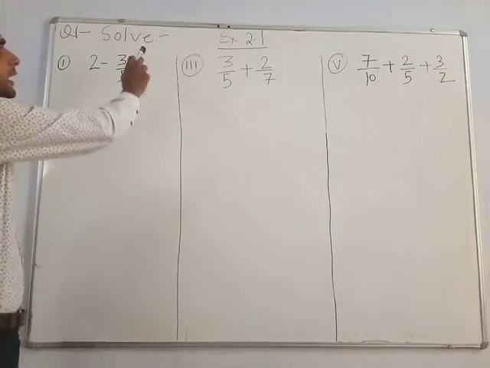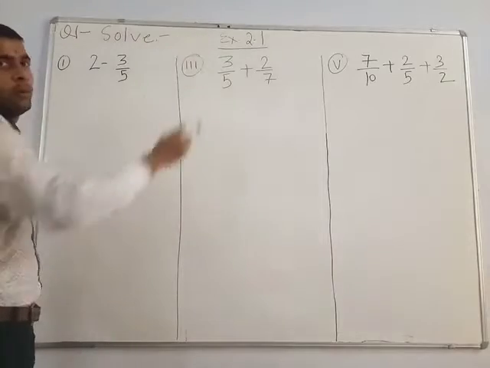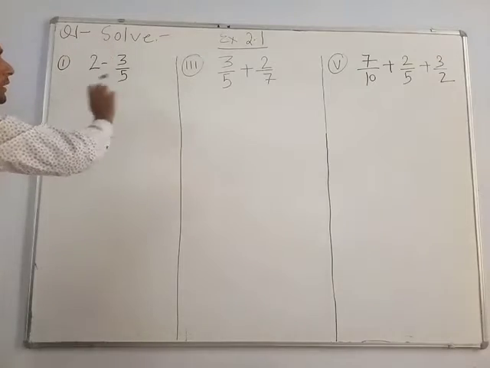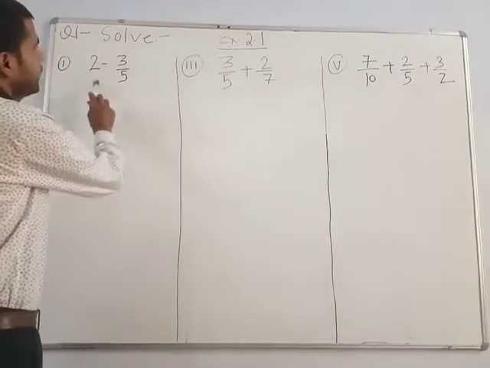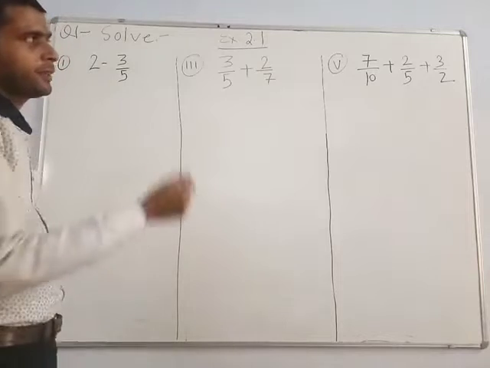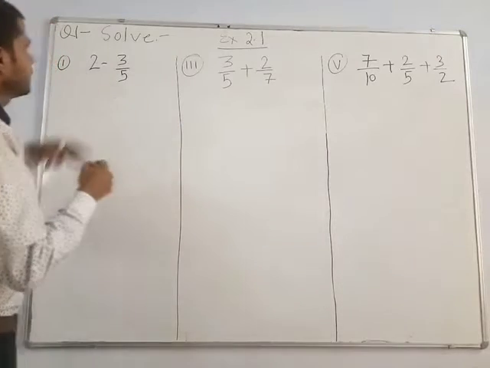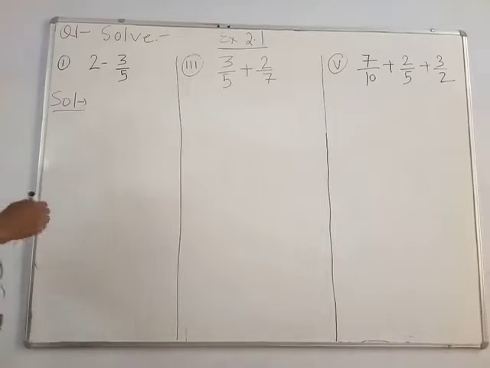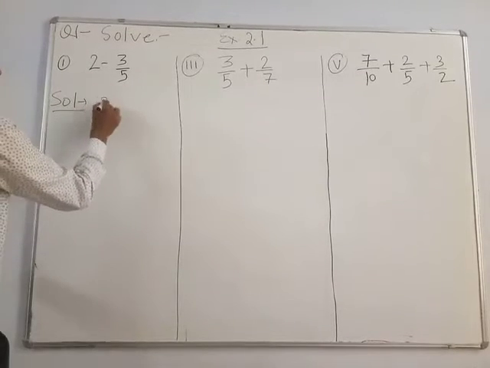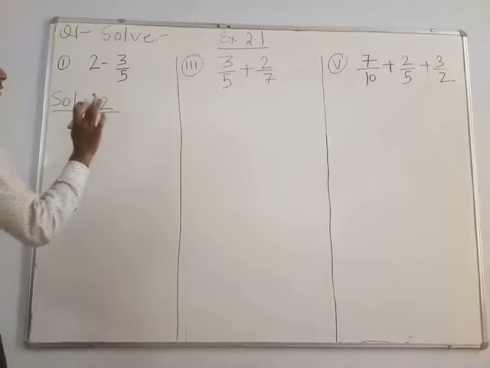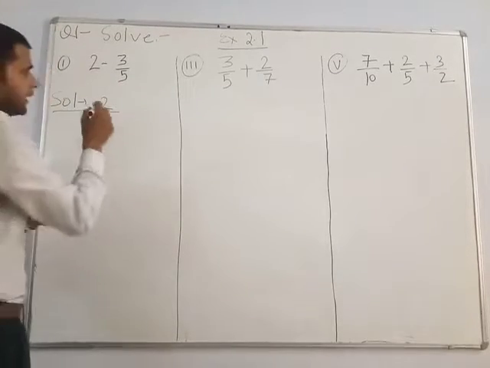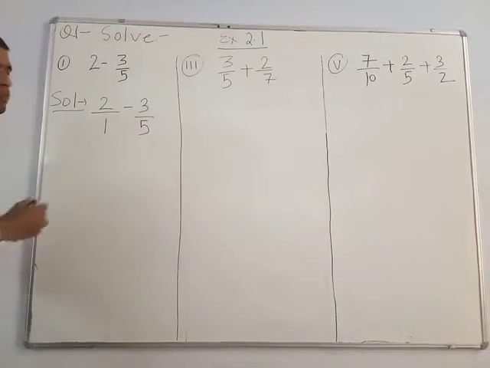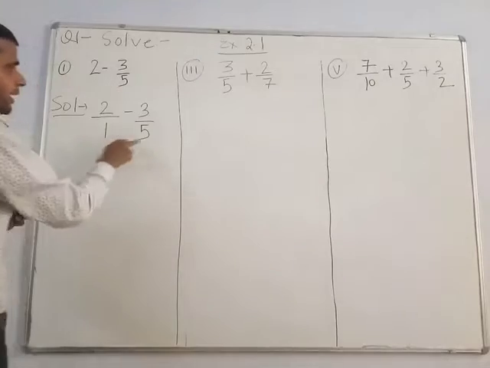Now we start exercise 2.1. In the first question, 7 parts are there. So first, third, fifth and seventh parts I am doing. First, see this: 2 minus 3 upon 5. So 2 has no denominator, so you have to write 1 minus 3 upon 5, right? So you have to take the LCM of 1 and 5.